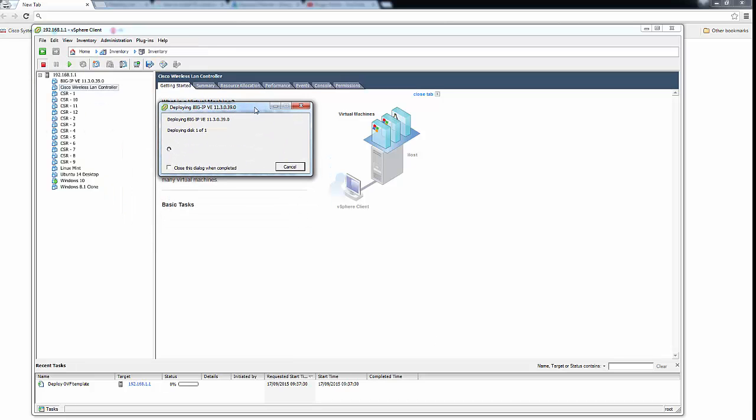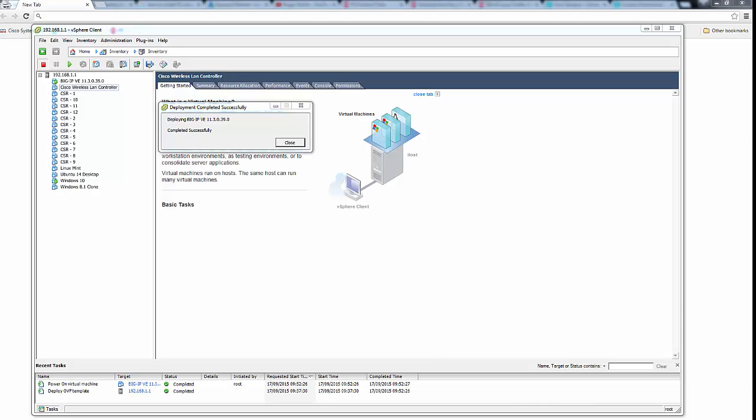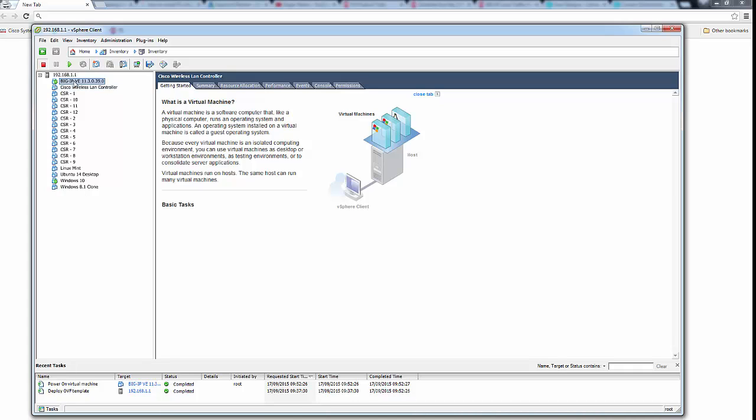And now this will copy the image up to the server and power it on. This will take a few minutes, so I'll pause the video and we'll come back when it has been deployed. Okay, we've just deployed that successfully, and you can see down in my ESXi server the virtual machine is now powering on. So I click on close, we've got the green arrow here, which means the machine's starting to power up. If I right click on that VM and go to open console,